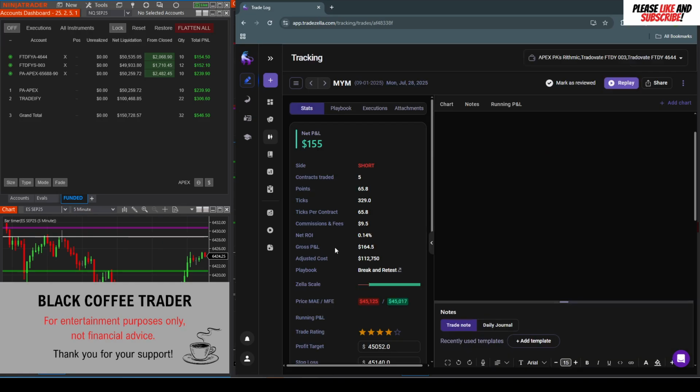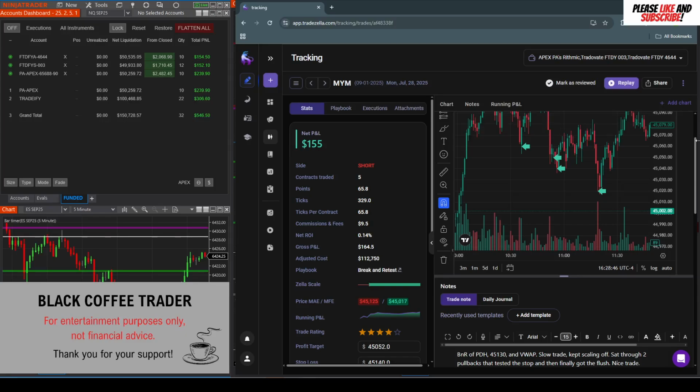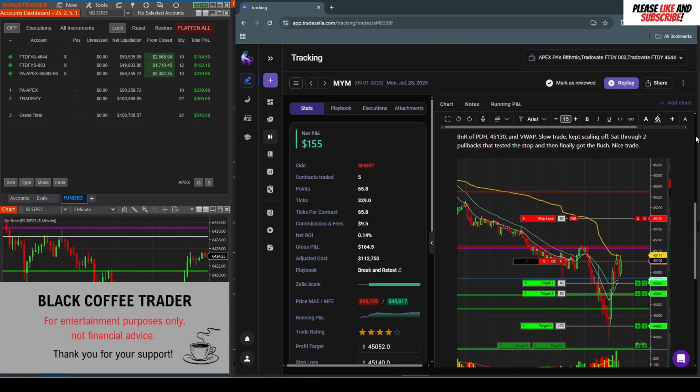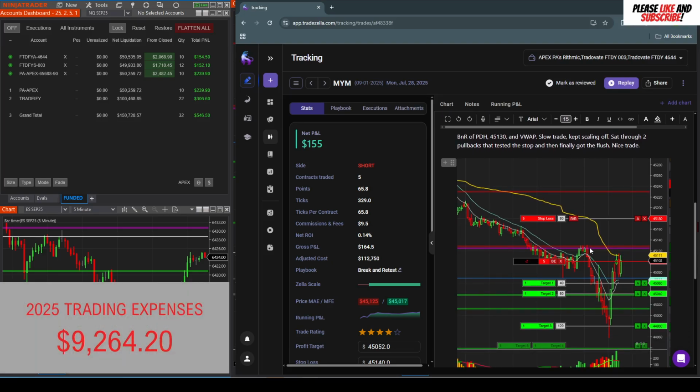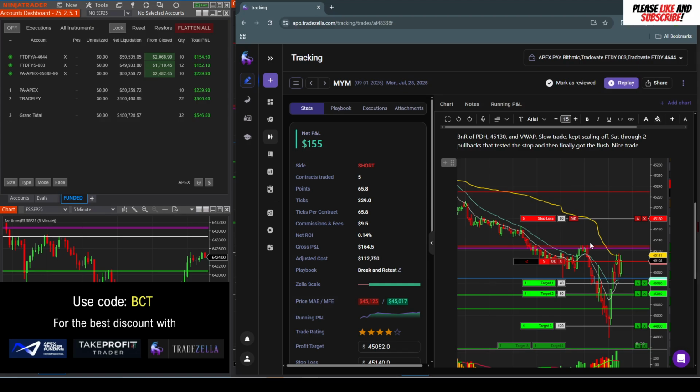I believe this is where I put the note. So it had a beautiful break and retest again. I wasn't quite sure if I was going to get into a trade today until I saw this start to develop. A beautiful hold there, 15 minutes of wicks holding there at VWAP and that prior day high. So took that short, and then really my stop was set at 45,134, which was just above these wicks. I didn't necessarily move it there, but that was mentally where I was stopping myself out. We never got there, and just kind of scaled off along the way.